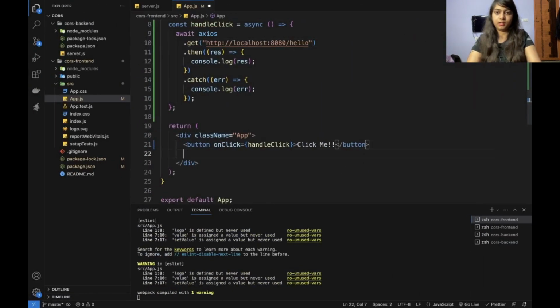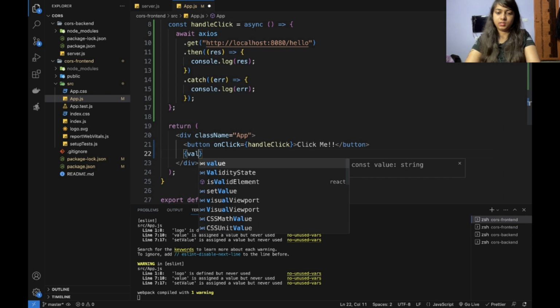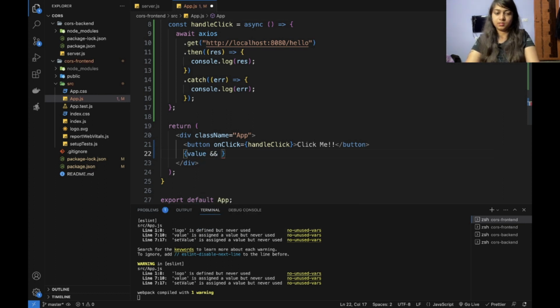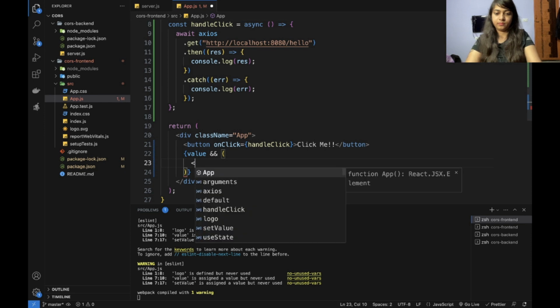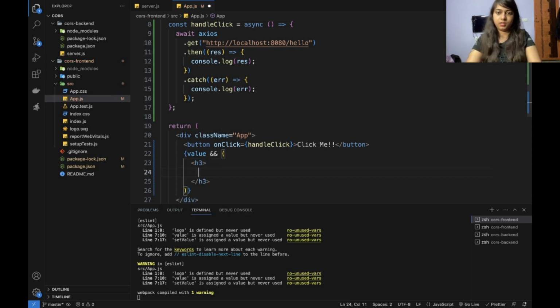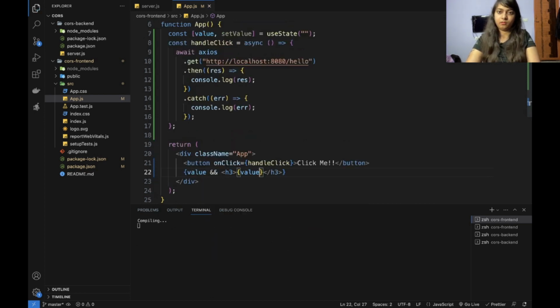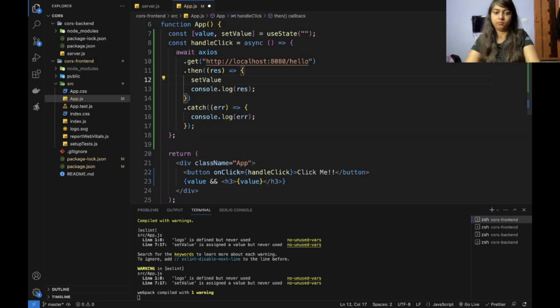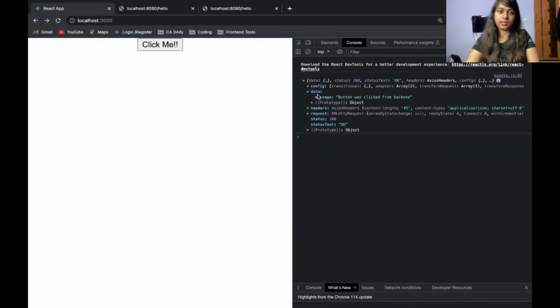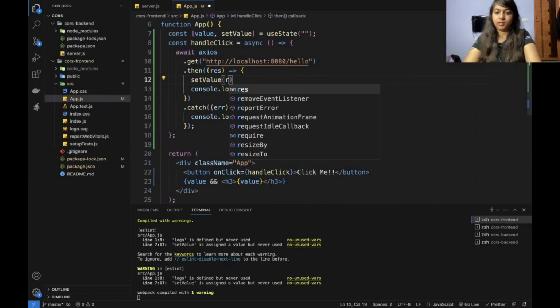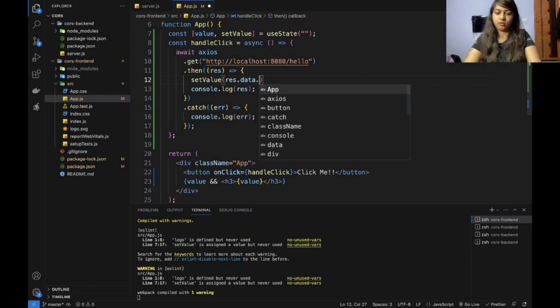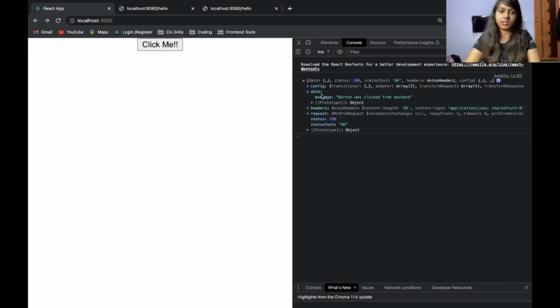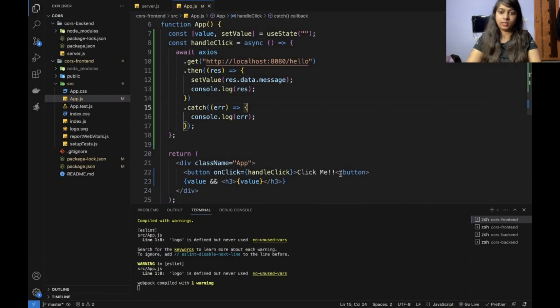So it is very simple here. What I am going to use is this. If the value is present, it should print in the header the value. Okay, and before that it should set that data, setValue. The value is inside data, so it will be response.data.message. Why response.data.message? Because it is inside data and then inside message. It is in JSON format. So just save it